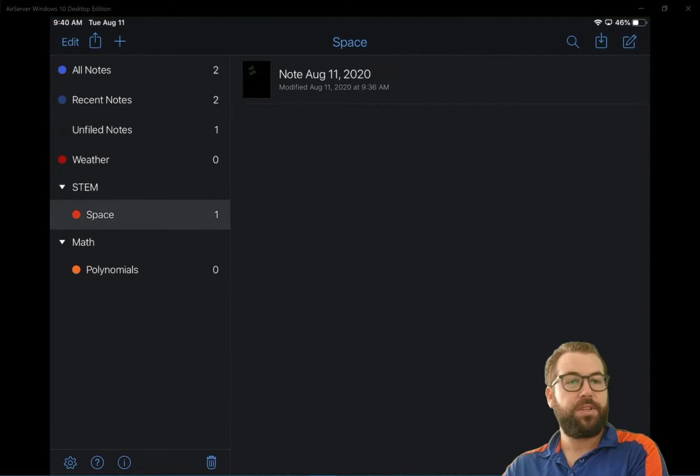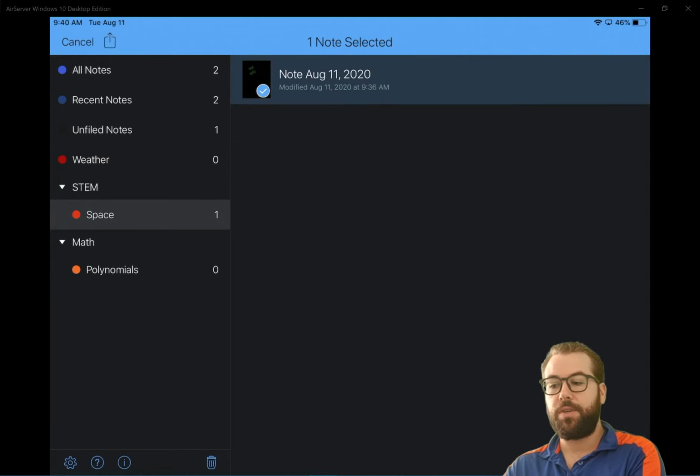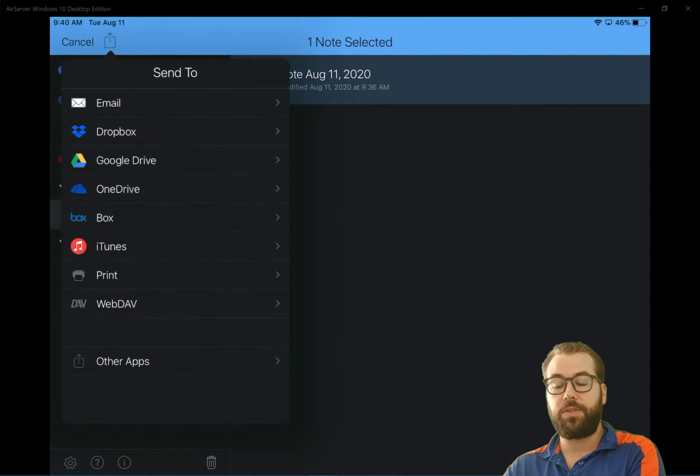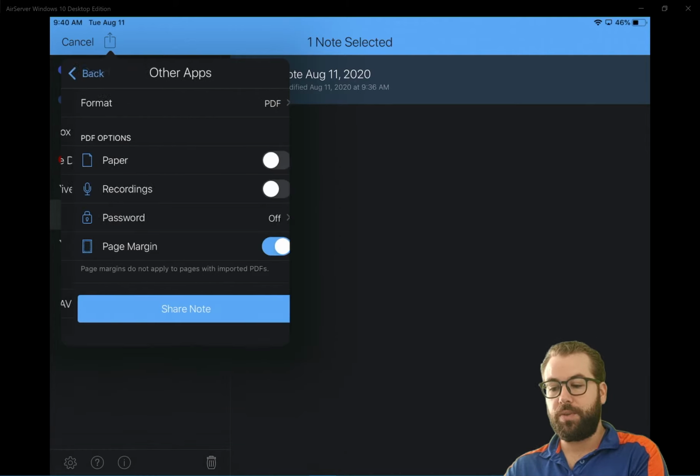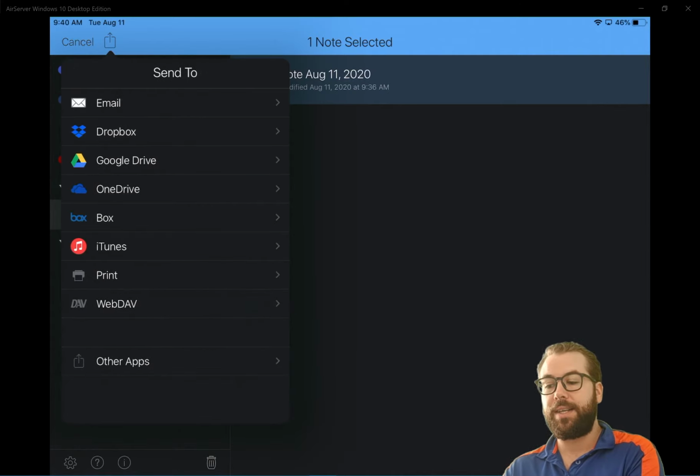On this screen as well, we have two different buttons on either side. On the left is a share button where we can select notes to share with other students or teachers. If we select the notes on the right panel and click that button again, we can choose how we want to send those to someone else, including just making it a PDF so we can do things like email the